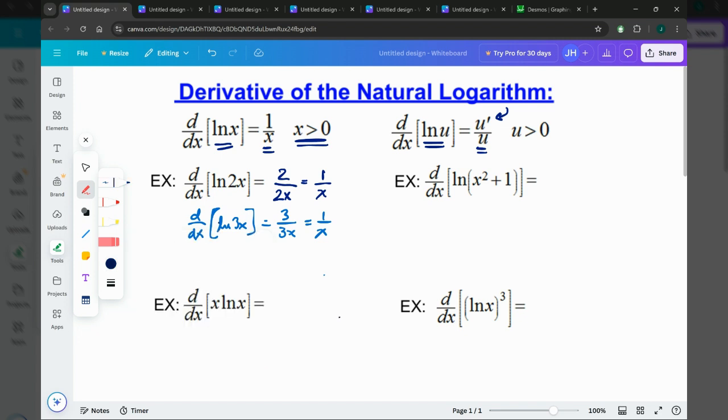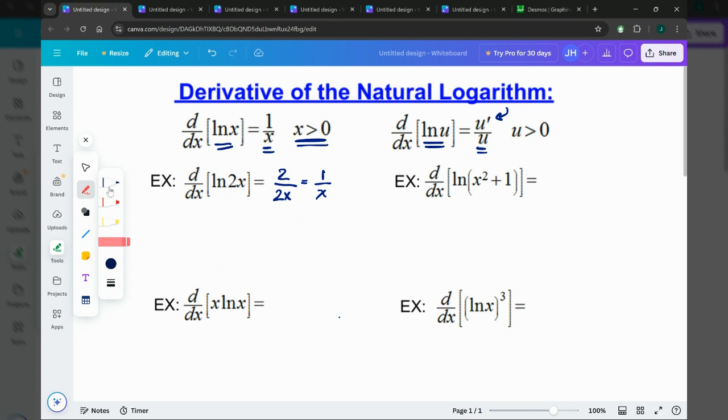So let's create a formula here. What's the derivative of the natural log of any number times x? It looks like the derivative of that would be a over a times x. That would still reduce to 1 over x. So it doesn't matter what number I multiply times x inside the logarithm, the derivative is still going to be 1 over x. And if you want to, you can pause the video right now and write that formula down if that's going to help you. But I'm going to erase this